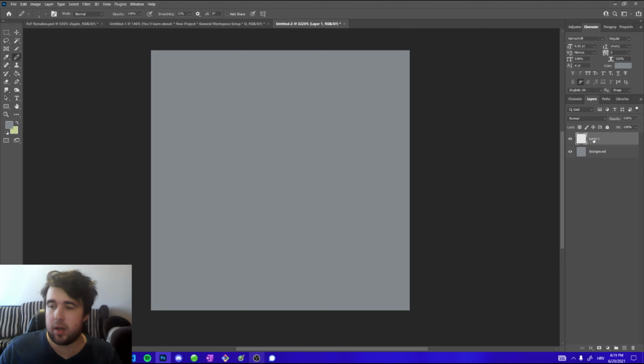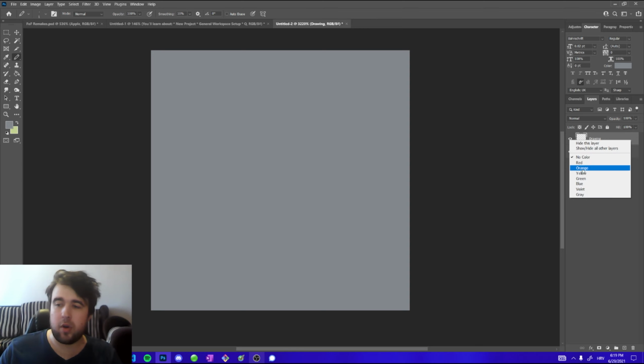And there it is, layer number 1. We can rename it to whatever we want, like drawing. And we could also right click on this eye here and we're going to get a menu of colors. So what these colors are, they are just markers which help you identify layers by some measure that you've defined